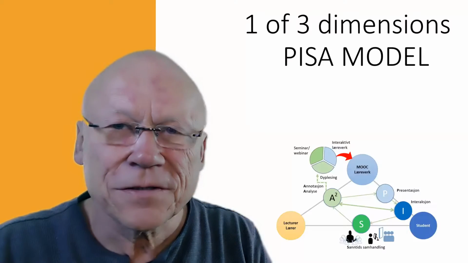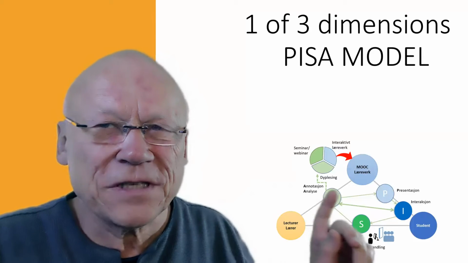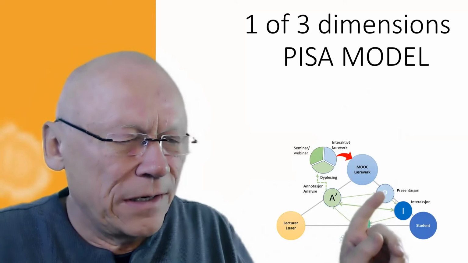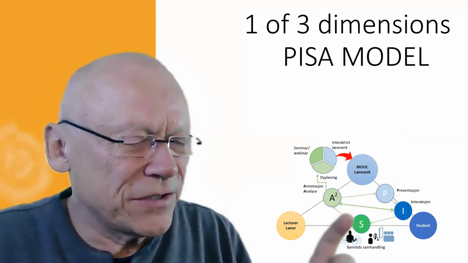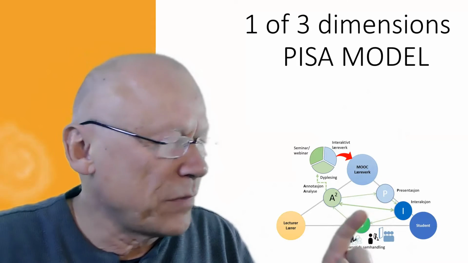Okay, before we go more into the A of the PISA model, let's look at the entire process, the 4 letters in concert. And we can talk about 3 dimensions here. The first dimension is the PISA model itself, as we see here. The relationship between teacher and student that we just talked about, the digital documents that are part of a triangle